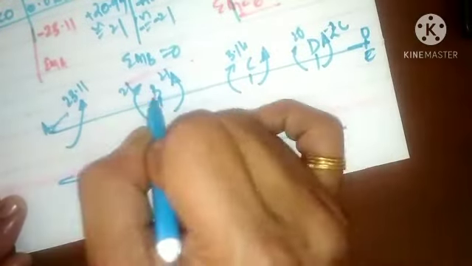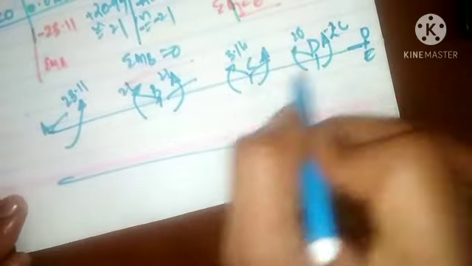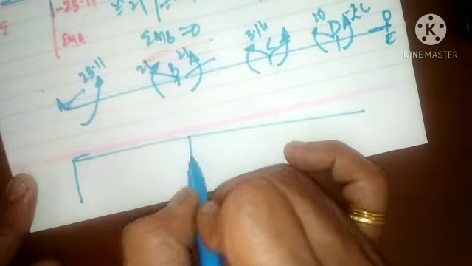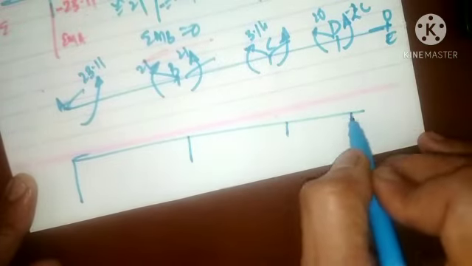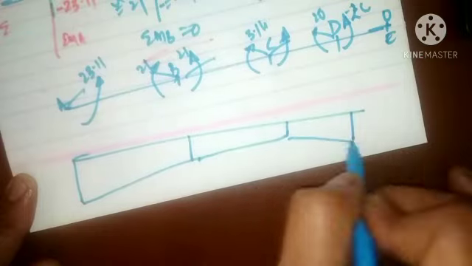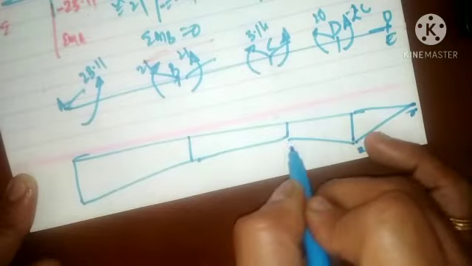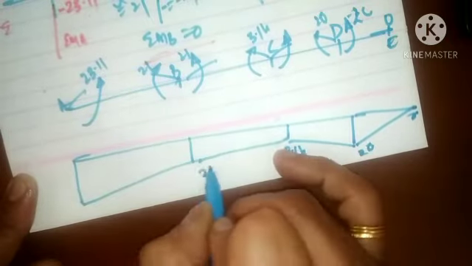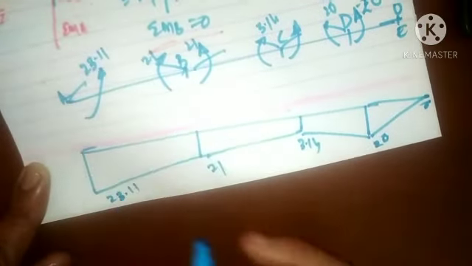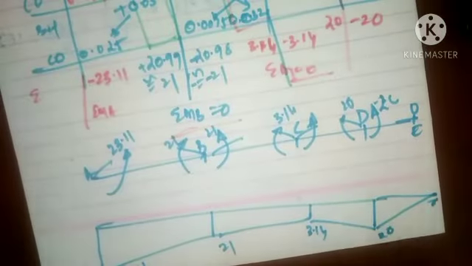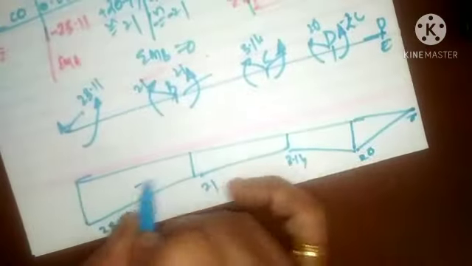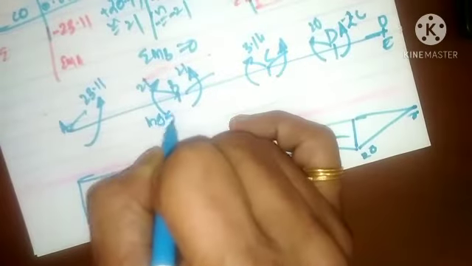If you draw the bending moment diagram, all these end moments will create a hogging effect. So 23.11 downward, 21 downward, 3.14 downward, 20 downward. So this is the bending moment diagram, and this is 0, which is 20, 3.14, 21, 23.11. Above this you will get the bending moment diagram value here. This is all negative because it hogs. Hogging is negative. Then you have a UDL, and you have a point load here.